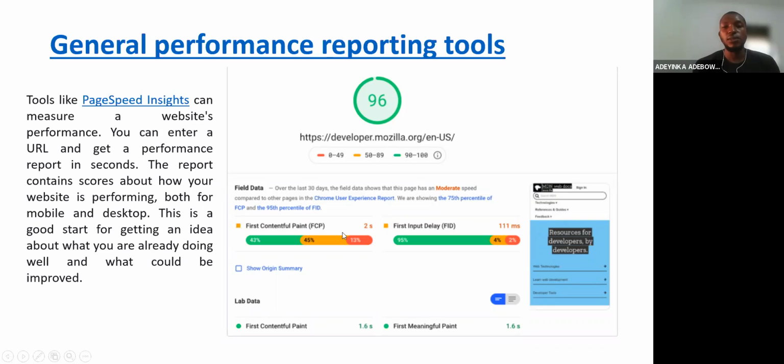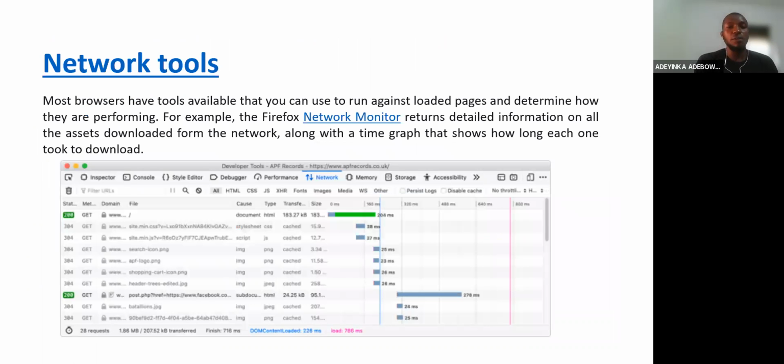So it doesn't take too long for the content to get through, and that's why it's receiving such a high rating. So the network tool is another thing. Every modern browser has this tool. When you press F12, for example, in Chrome, Firefox, or Edge, it's going to show the dev tool where there's a network tab that will show you how each of the content on the page has been loaded. So later in this presentation, we will look into